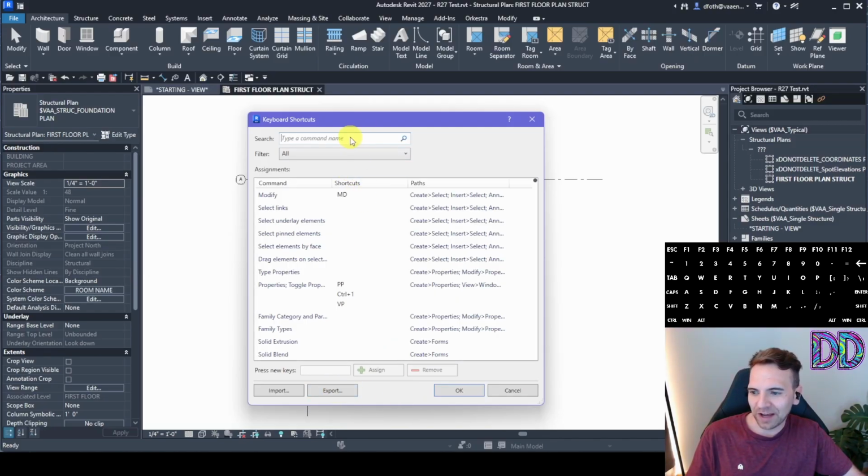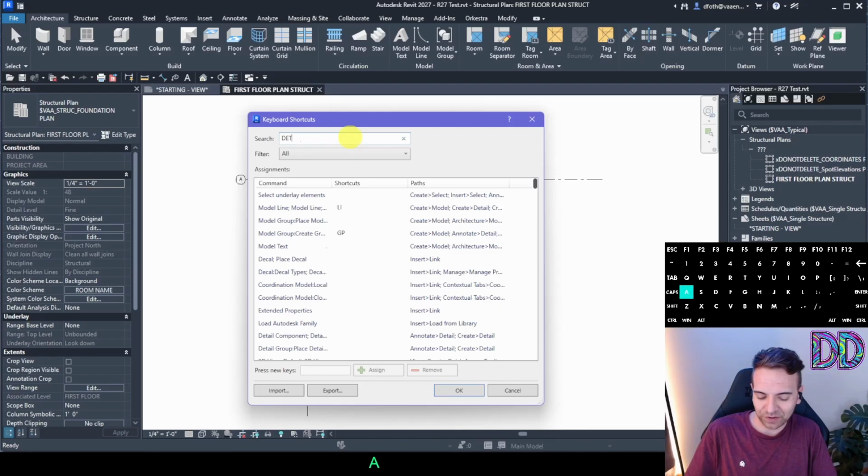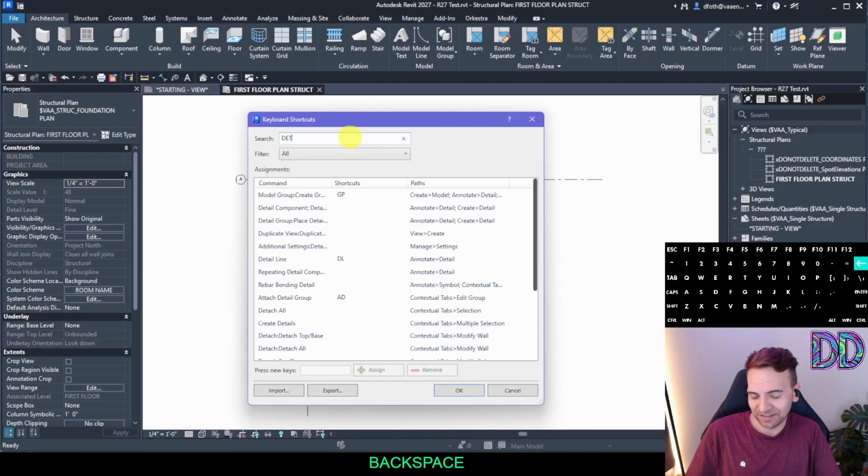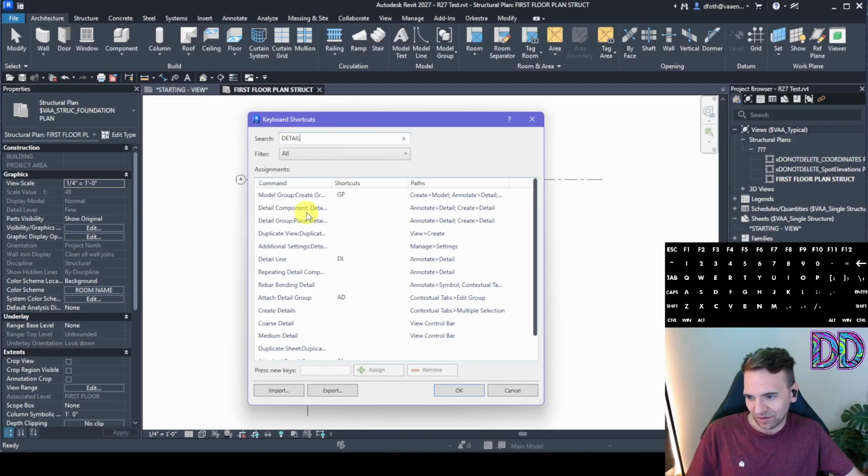But first, I'll show you how to just create a new one. One that I think should exist and doesn't currently is detail components. So we'll search for detail. Right here is detail component. And I have that as BC. So